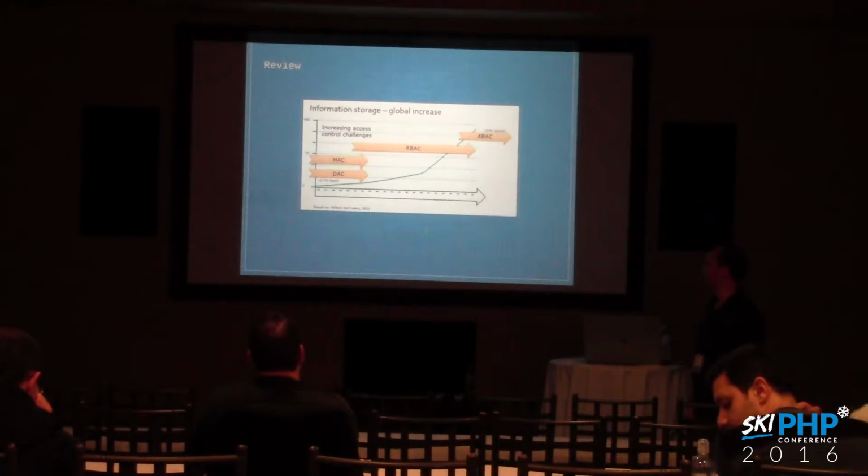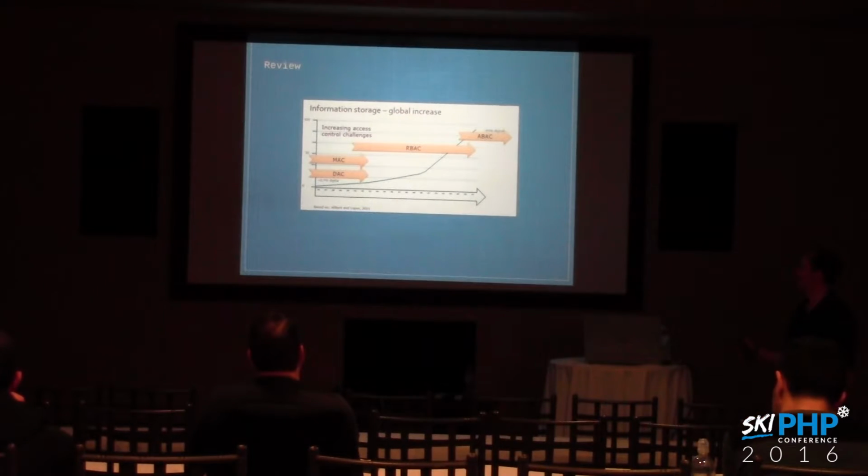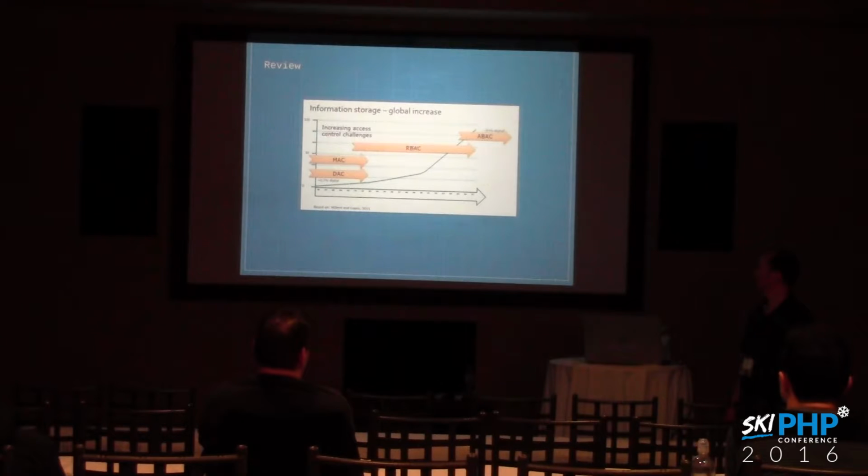As a general overview, as we get into information storage, there are increasing access control challenges over time. This is going to be the older stuff: DAC was first, then mandatory, role-based, followed by attribute-based. So over time, as systems become more complex, different models have been developed and used. Role-based for a long time has been the predominant one. It still is. I would foresee it being a main one for a long time. Attribute-based is definitely picking up speed and ground, being used a lot more and being identified more. Perhaps one of the hardest parts is identifying it